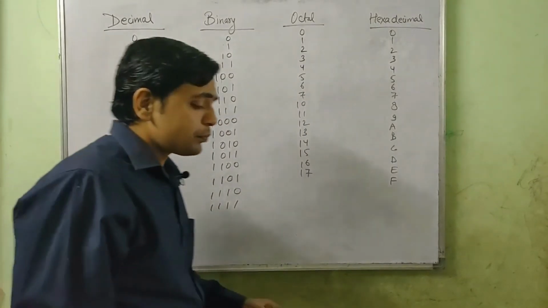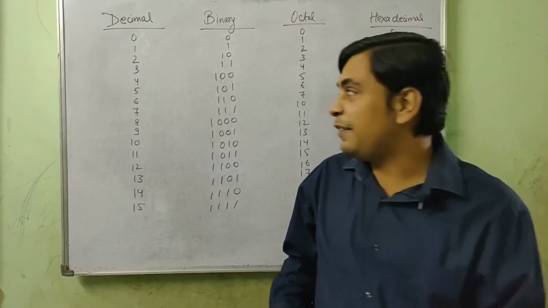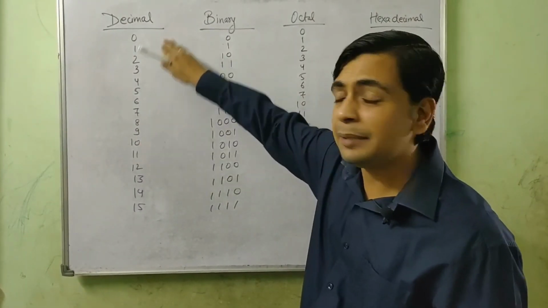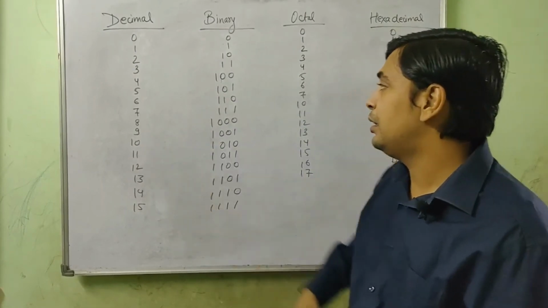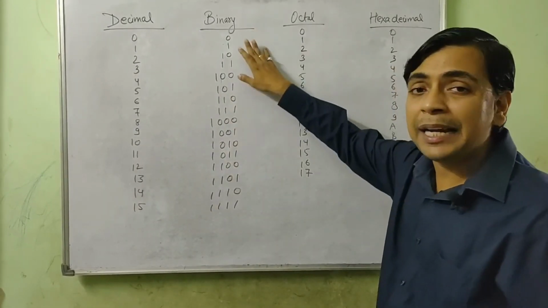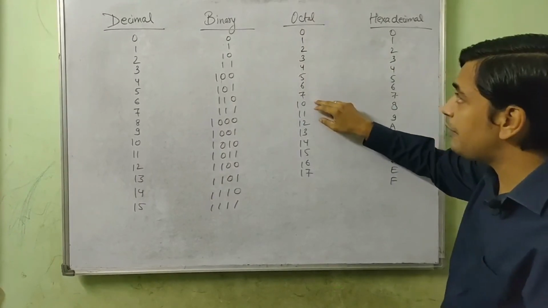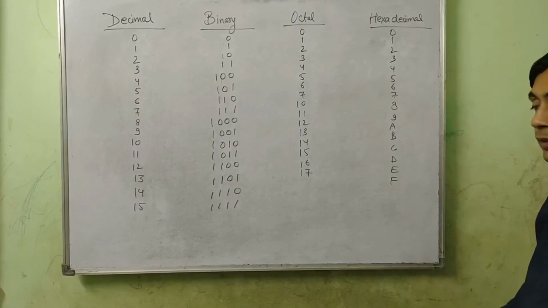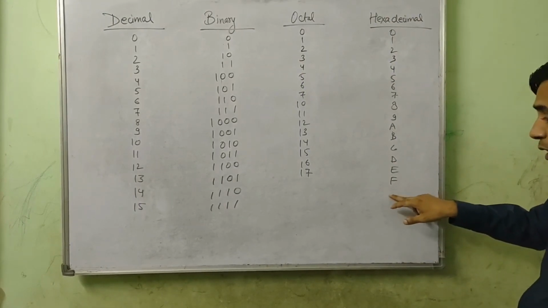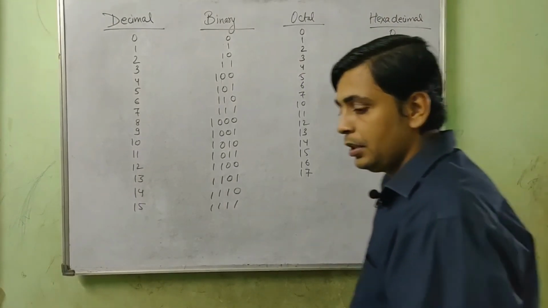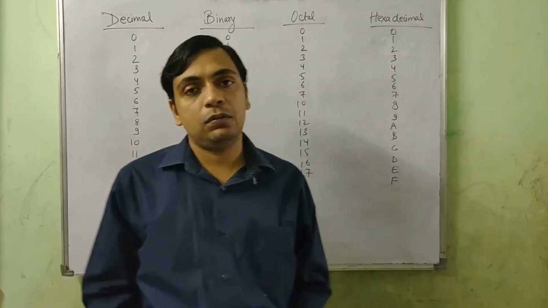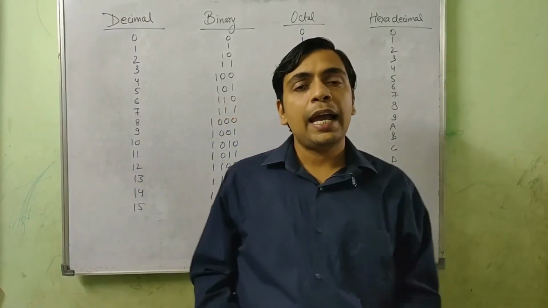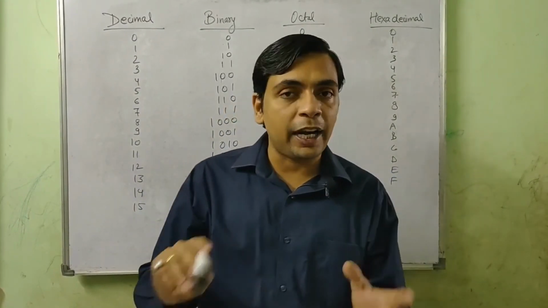But there are a few numbers which are available in most of them. Let me tell you. 10 is available in decimal, which we call 10. 10 is also available in binary. 10 is also available in octal. If we go beyond this, 10 will be there as well. So how will we come to know whether we are working with decimal, binary, octal or hexadecimal? There comes the role of base or radix.